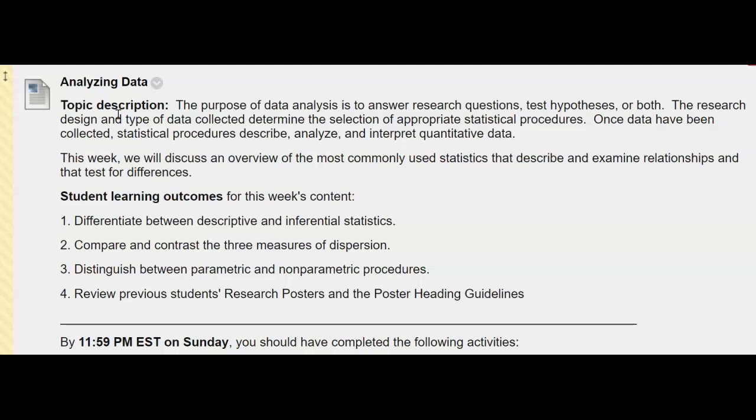test hypotheses. The research design and type of data collected is going to determine what statistical procedures that we use. And once we have collected this data, our specific statistical procedures describe, analyze, and interpret this data. Now, this is for quantitative studies. So we're going to look at some commonly used statistics